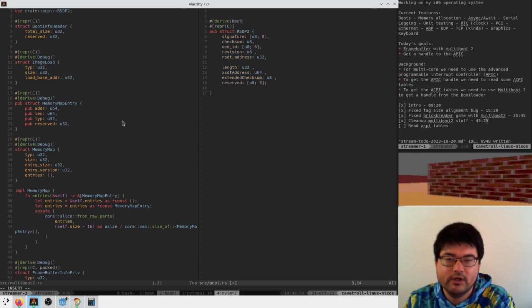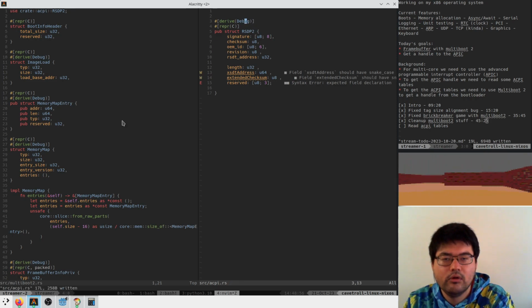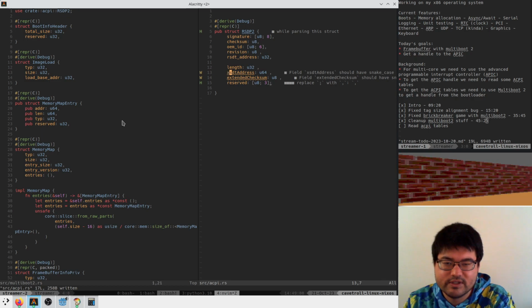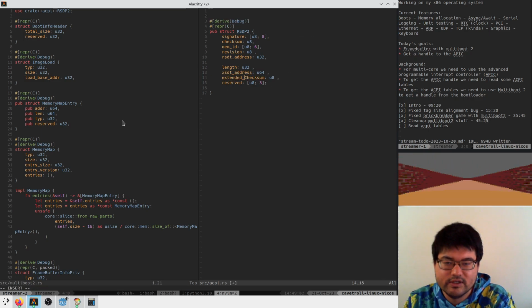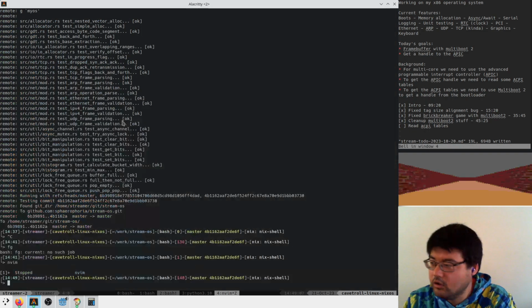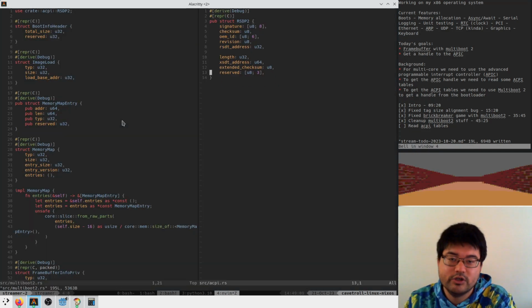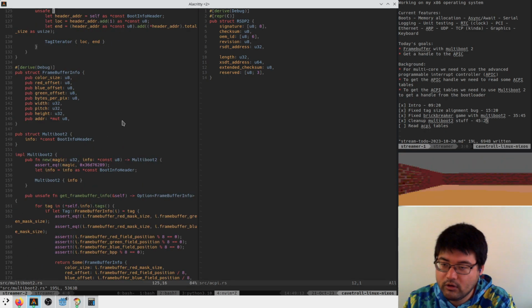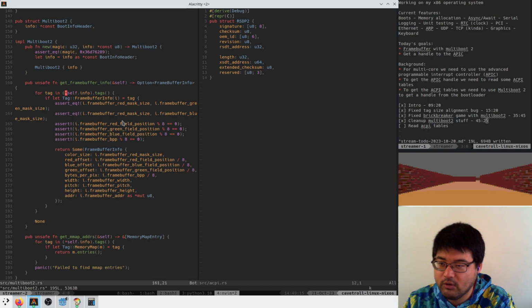Let's derive from this debug. And let's fix this and this to be snake case, and this should be comma. Cool. Cargo format, because that's butchered, fixes everything for me. Nice. And now, I guess we'll just do the same thing here.